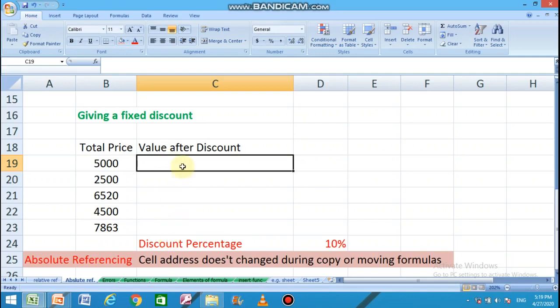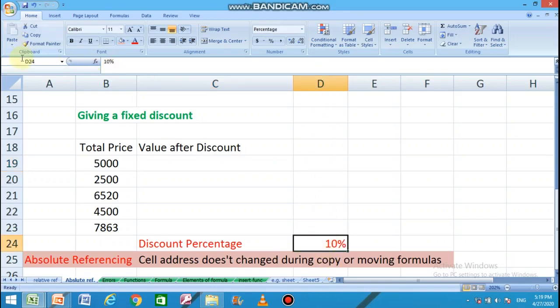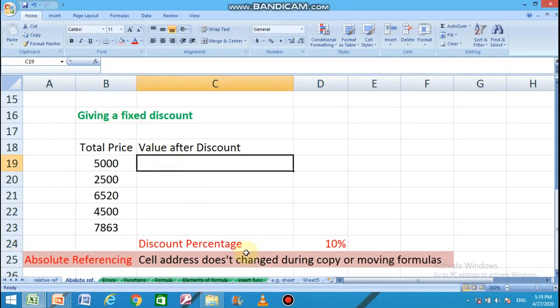So here we need to make this cell value absolute. The address of this cell is D24. Let us type the formula: equals 5000, which is in B19, into D, dollar 24.